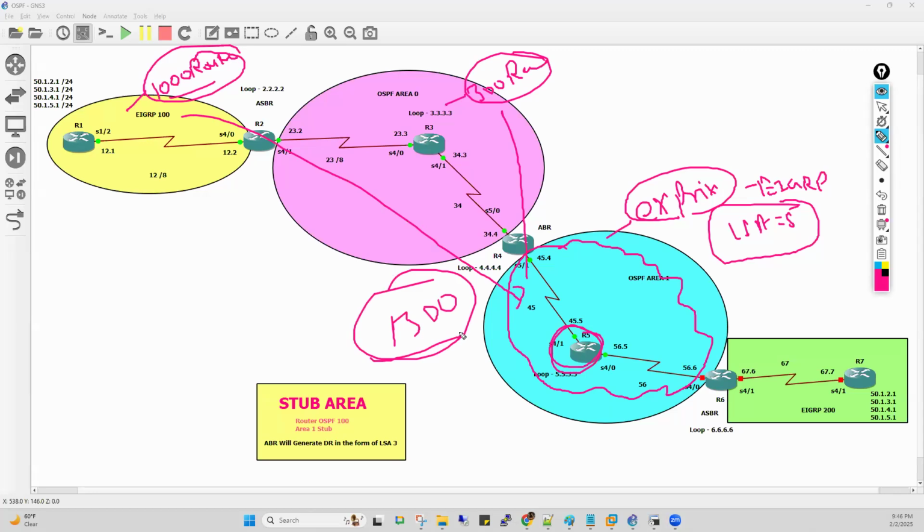Agree, everyone? Yes or no? But if this router receives 1300 routes in its routing table, what will happen? This router will get slow, right? Yes or no? There will be a high load on this router, and maybe there will be a chance the routing table of this router will